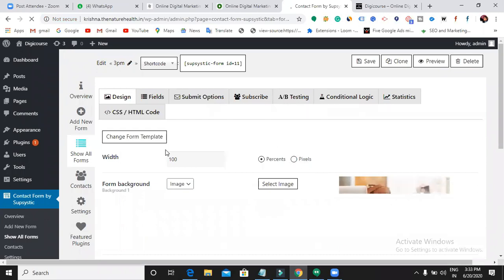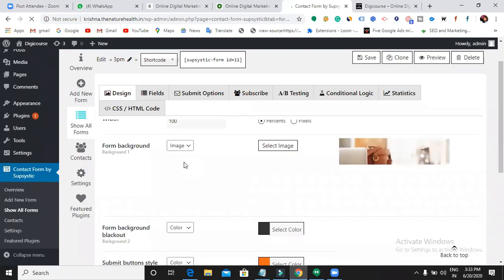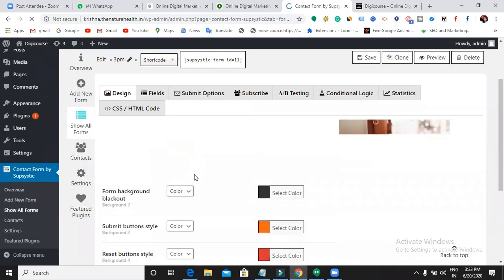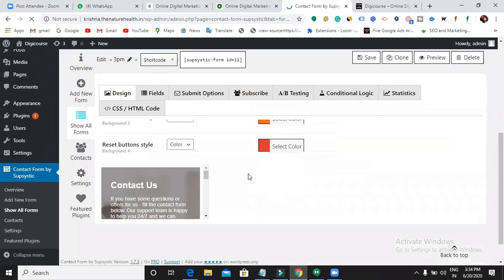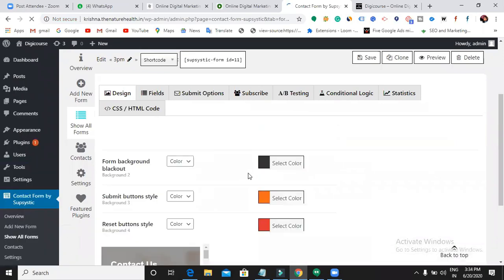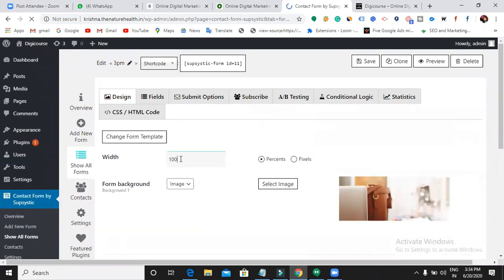Okay, now I have chosen the layout which I have to show in my website. So then again you can redesign that layout. So again you have to modify. If you want, you can just modify the theme also. Right. So now it is showing you the width like 100. Okay, if you want to change the width, you can just change it. Okay, let me go with this. The width like 120. Hmm, 70.